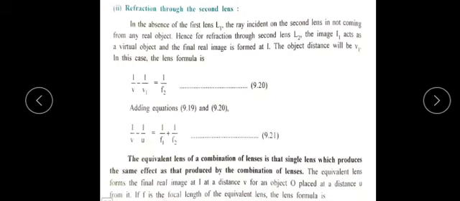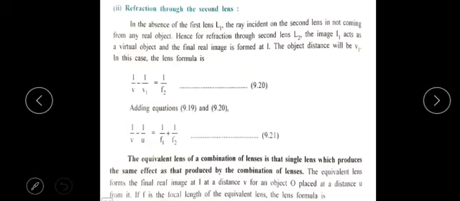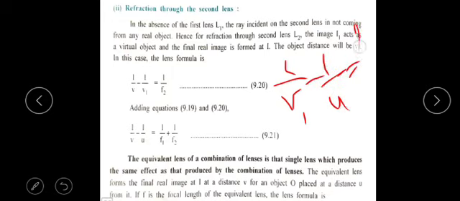Now add these two equations, equation numbers 9.19 and 9.20. From equation 9.19, 1 by V1 minus 1 by U is equal to 1 by F1. So here we add these two equations. By adding these two equations, 1 by V1 and minus 1 by V1 get cancelled. The remaining terms are